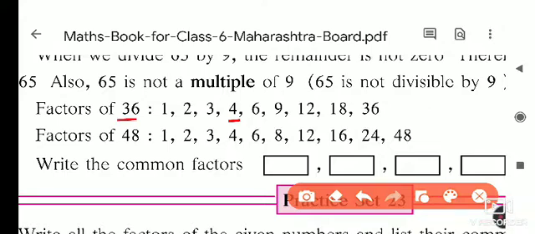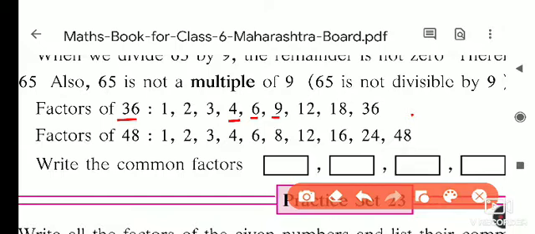It is also divisible by 4, the table of 4 has 36 inside. 6 6s are 36, which means 36 is present in the table of 6. 9 4s are 36. Whenever we are finding the factors, we have to go in ascending order of the numbers, and for that you must learn the tables, then you will easily find the factors of 36.